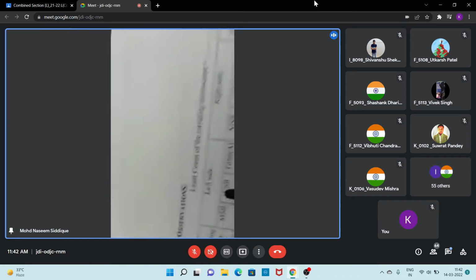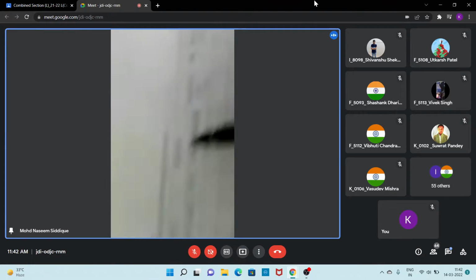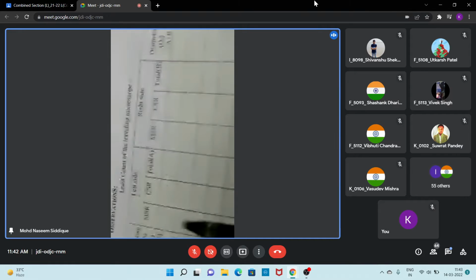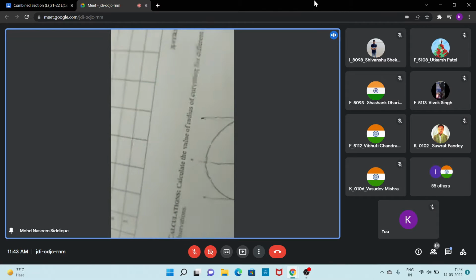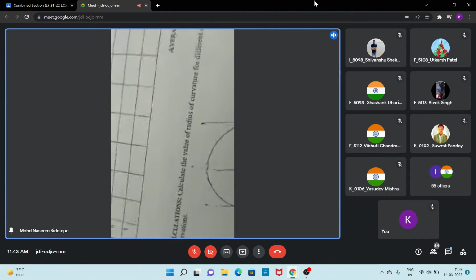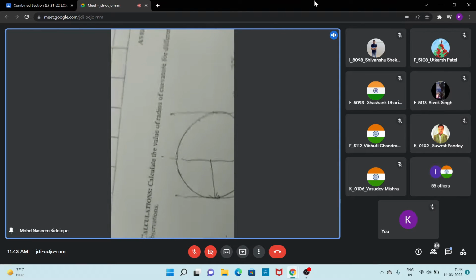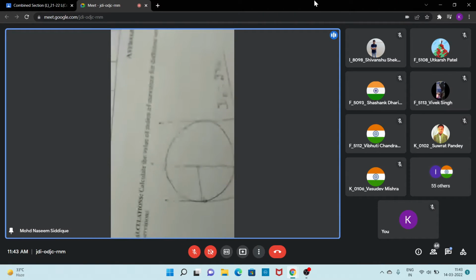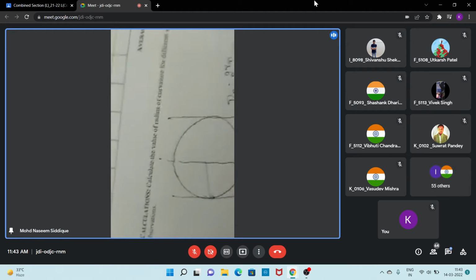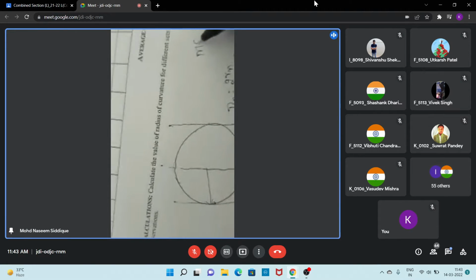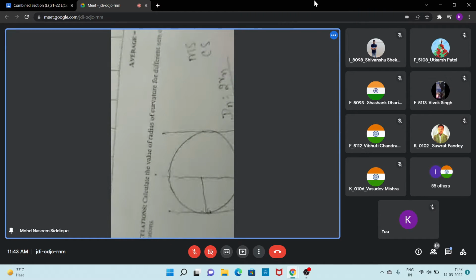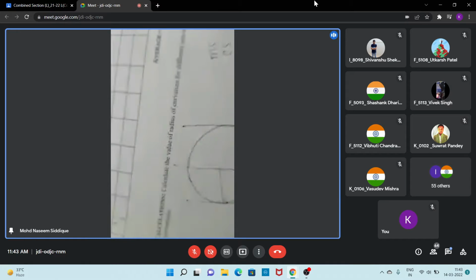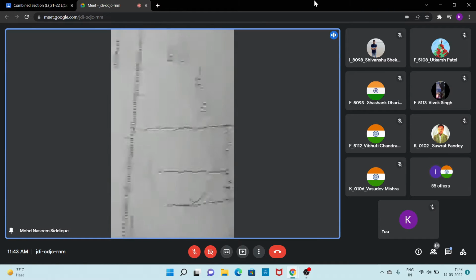So here you just see this is mentioned left hand side, here it is mentioned right hand side. In every measurement, whatever instrument you are using, there are two types of scale. First is called the main scale and second is called the circular scale. One is the main scale and which one is the circular scale? Just like suppose that you have used the screw gauge.